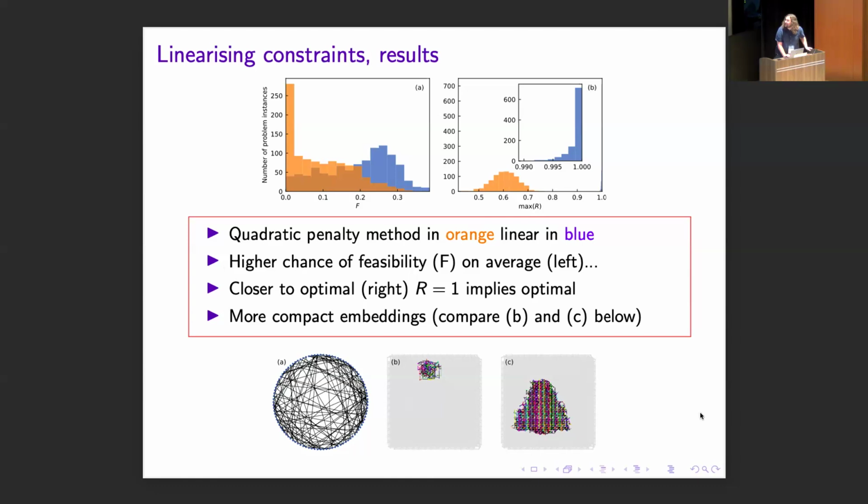And we get much more compact embeddings. I really like this figure down here. Basically, we're trying to embed the graph in A. But if we have a quadratic constraint, everything becomes fully connected, and we end up with the embedding in C, which is a mess and takes up a significant chunk of the chip. If we do the linear method, we get a much smaller embedding. Of course, you have to be careful about how you choose these parameters. Payet can explain more of this at his poster,